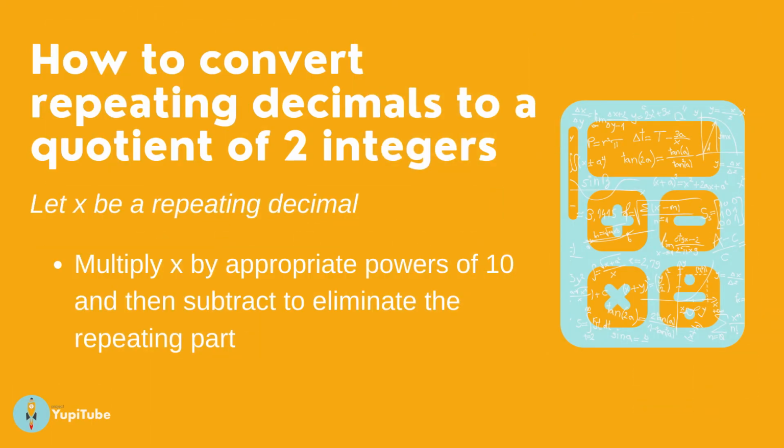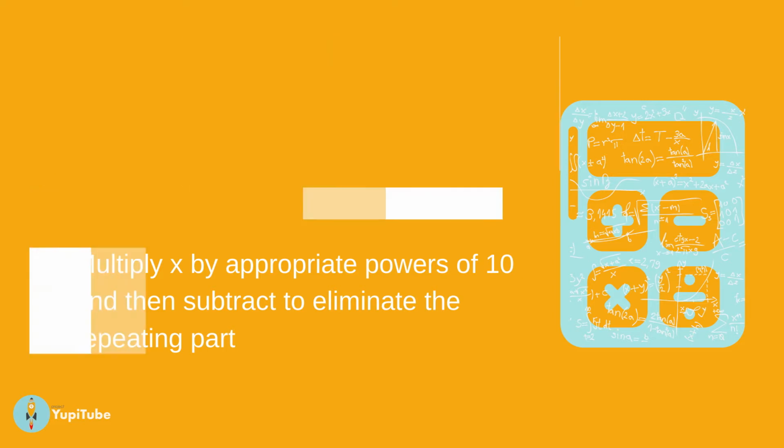Quick tip on how to convert repeating decimals to a quotient of two integers. Let x be a repeating decimal. The idea is to multiply x by appropriate powers of 10 and then subtract to eliminate the repeating part. For example,